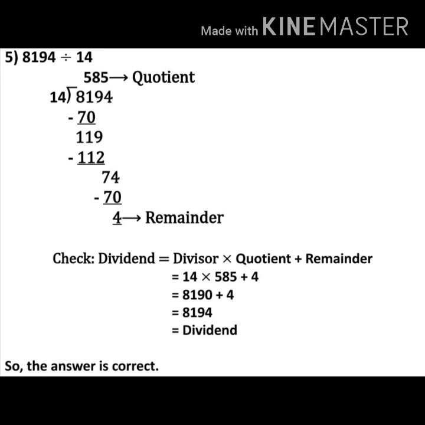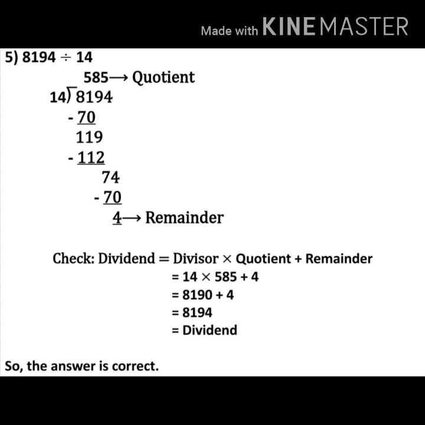Write 8 as the quotient and 112 below 119. After subtraction we will get 7. In the next step we will bring down 4. Now we will get a number, that is 74. 14 fives are 70. After subtraction we will get 4 as the remainder, 585 as the quotient, and 14 is